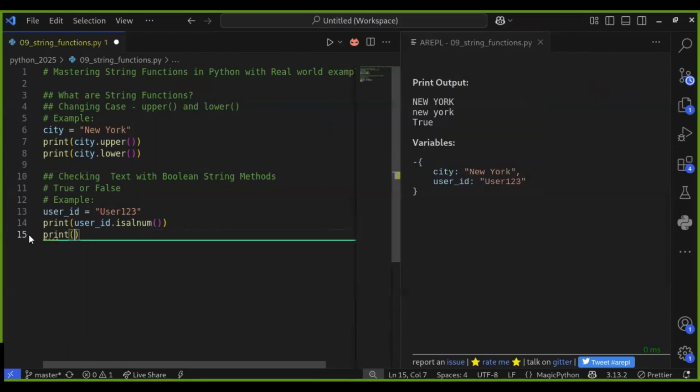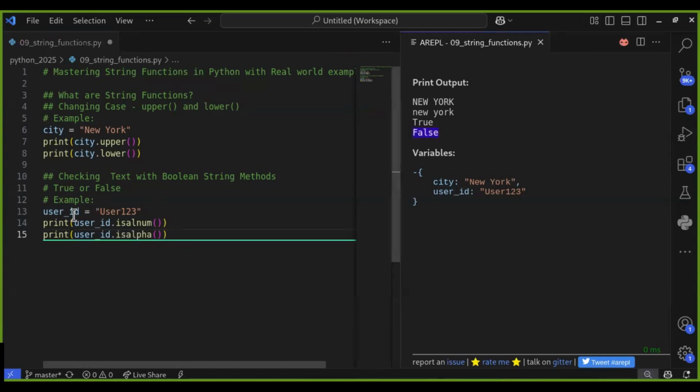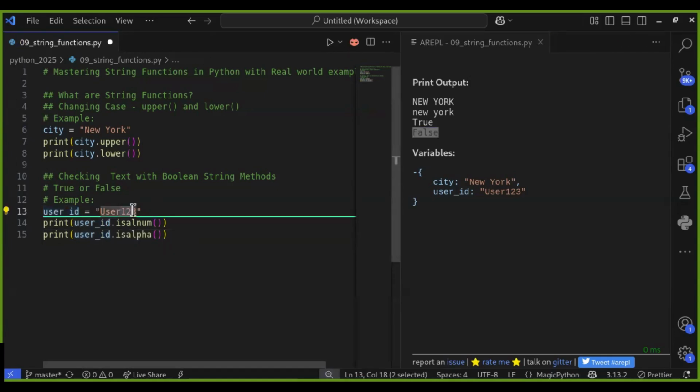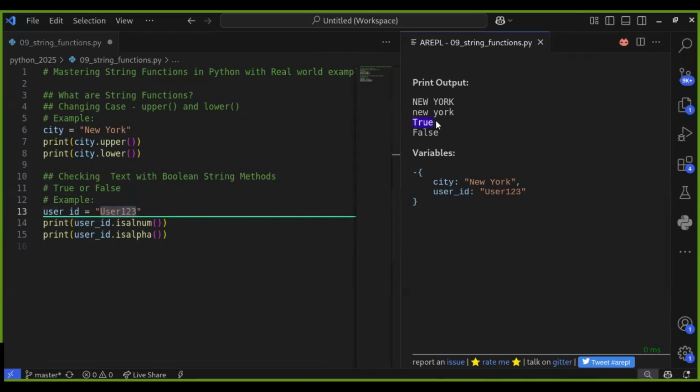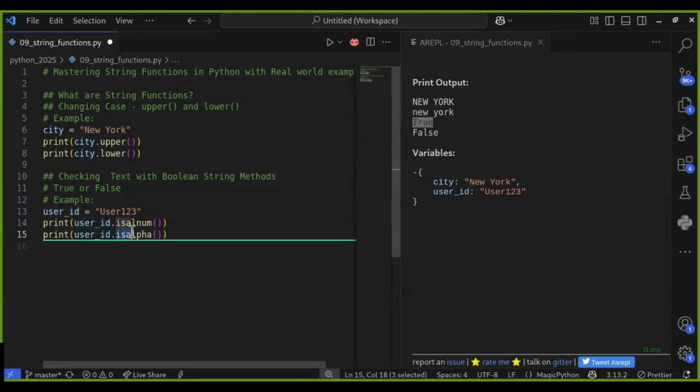The second is print userID.isalpha. This checks whether the string contains alphabetic characters only, but it also contains numeric ones. isalnum checks if the string contains only letters and numbers. Since user123 has both letters and digits, it returns true. On the other hand, isalpha returns false because digits are not considered alphabetic.